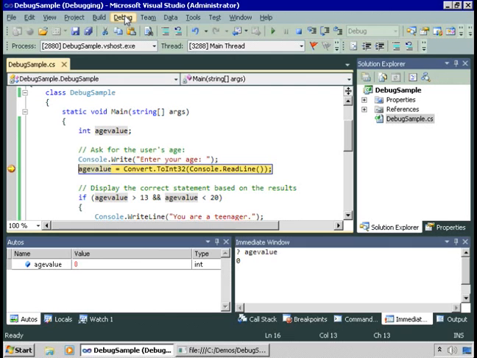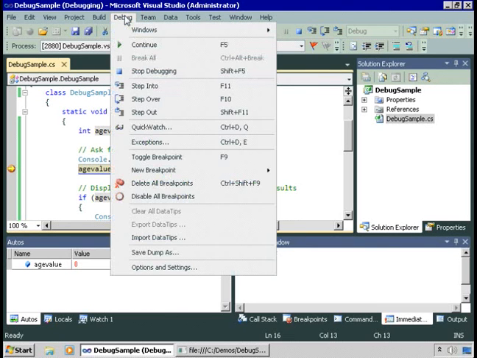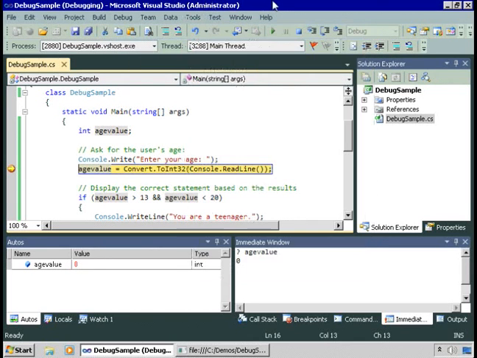We have options here. We can step into a line of code, step over it, and if we're making a call to a procedure in our code, step over would run that procedure full speed, as opposed to stepping into the procedure. Step out runs to the end of this procedure, runs full speed. What I want to do is step into each line of code. I can do it by pressing F11. I can choose the appropriate toolbar icon, for example, this one. Well, F11 is easier. So I'll just press F11,